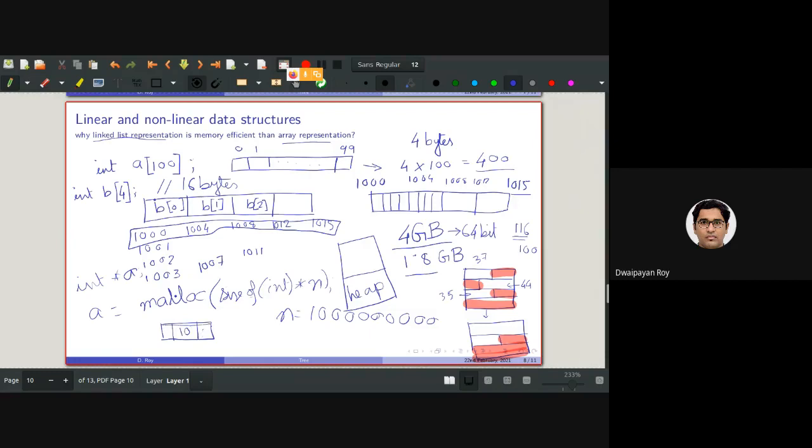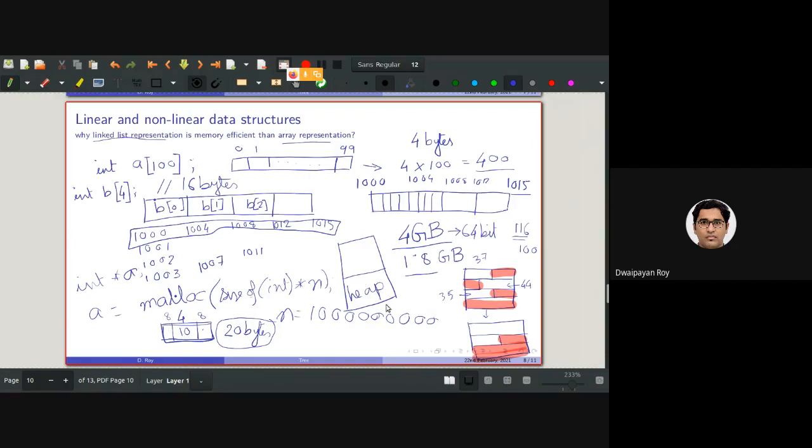So if this is 4 bytes and the addresses are 8 bytes, to create one node it would take up 20 bytes. And that 20 bytes of memory location needs to be continuous in the heap. Whenever you are creating one node, this 20 bytes of memory will be allocated in the heap.